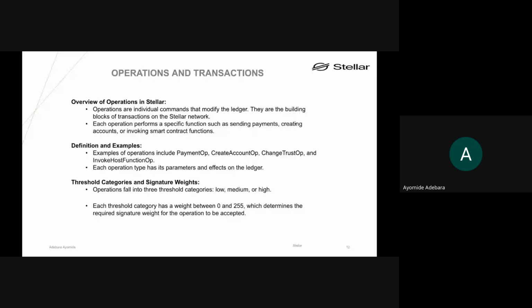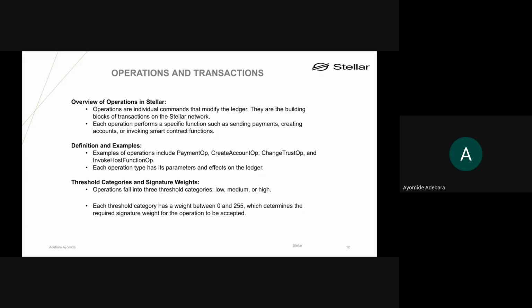you notice that we were talking about transactions and operations. This is because the two of them are closely tied. For every single transaction you send to the ledger, this is what modifies the state of the ledger. And inside each of these transactions, literally an operation is present. So it could be to create an account operation, a payment operation, and so on.